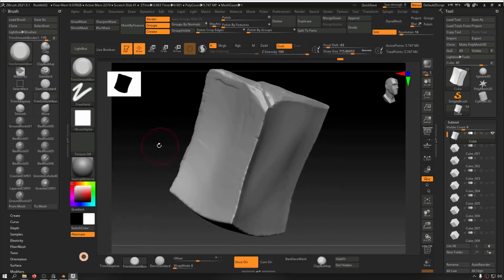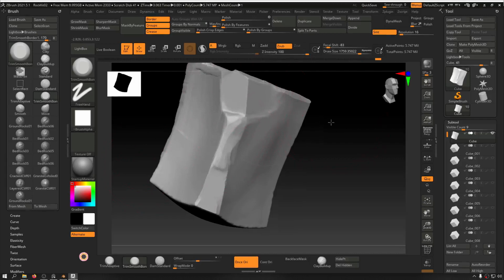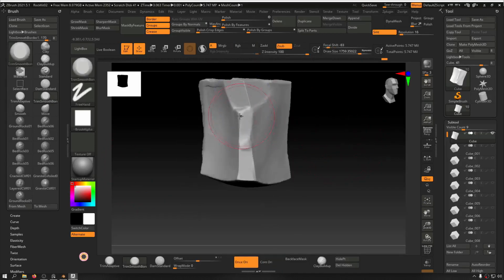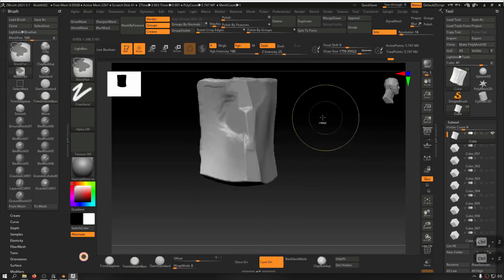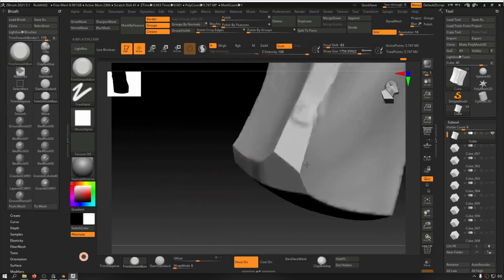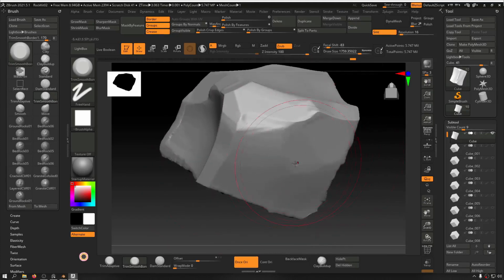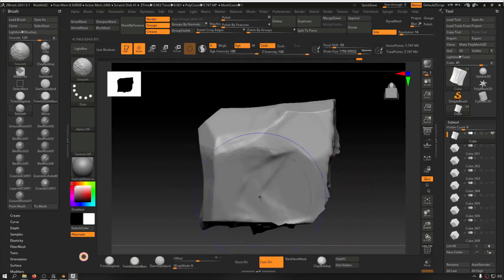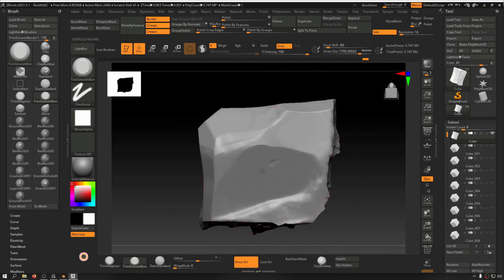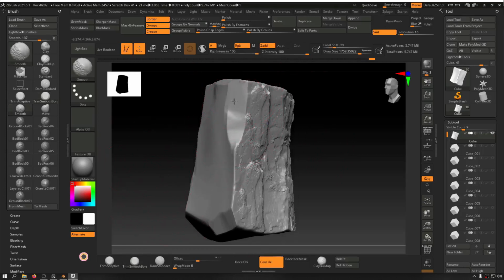So before applying any alpha, let's go here and try to hit this edge. We don't want that so sharp. So let's try to add some planar changes already so that when applying the brushes on them we have really no problem and the transition would be a lot better. Okay, and in here as well it's looking fluffy and we need to cure that. Okay, and on this part as well I'm going to smooth it out